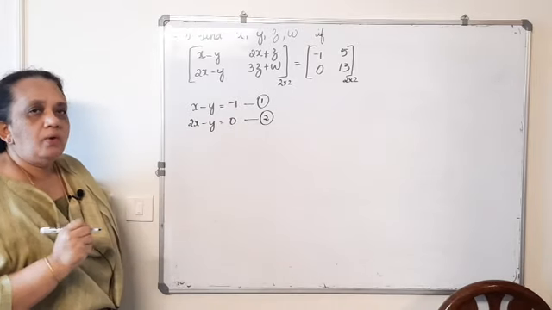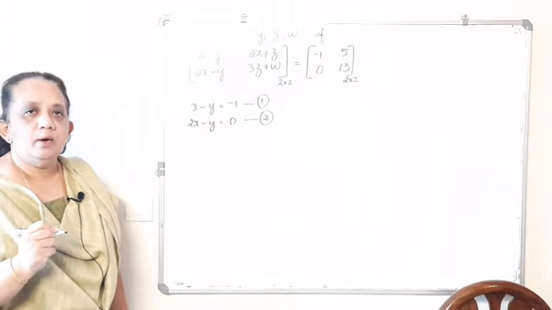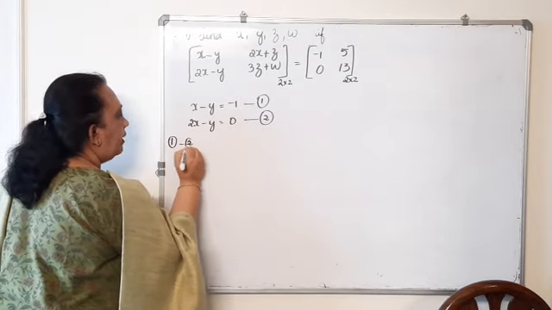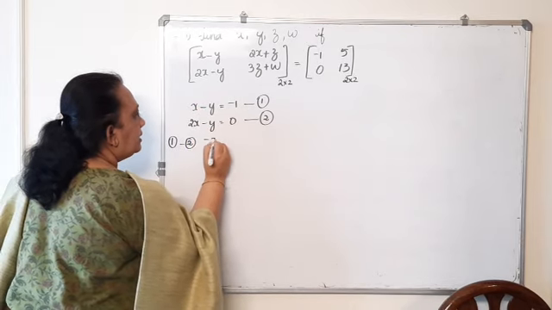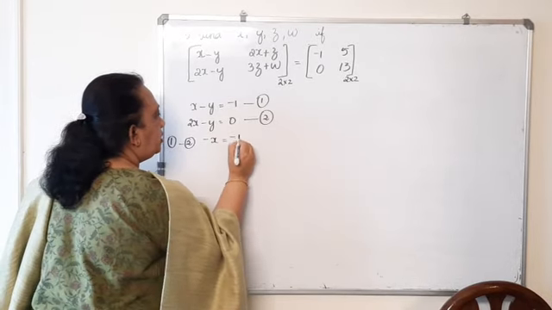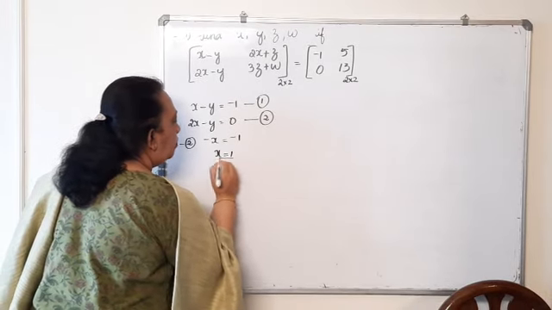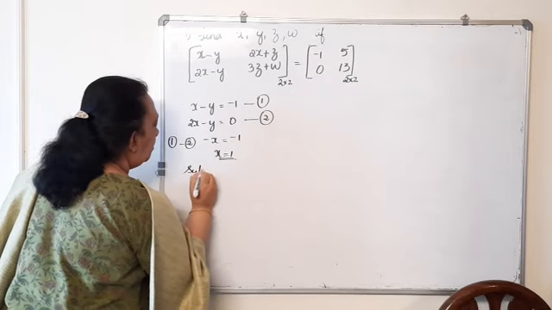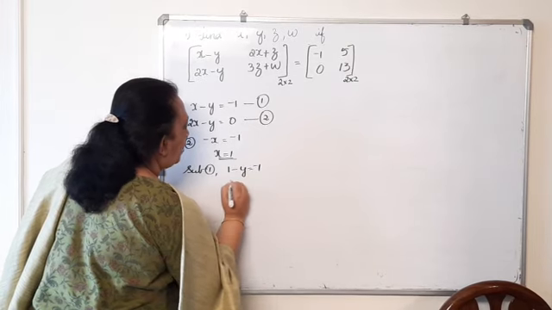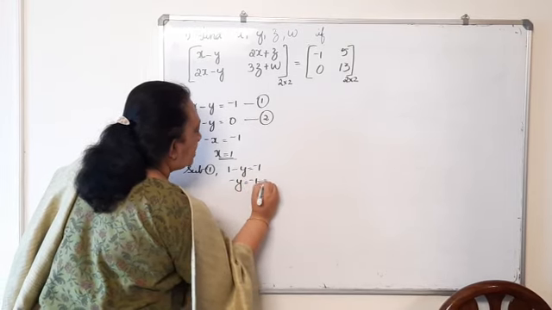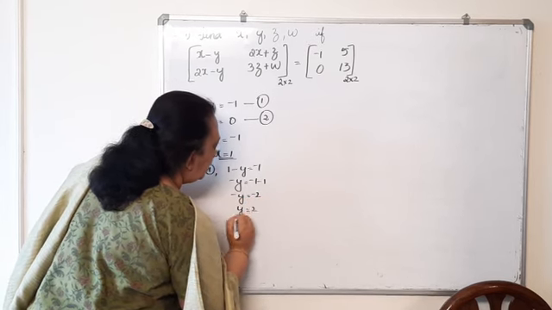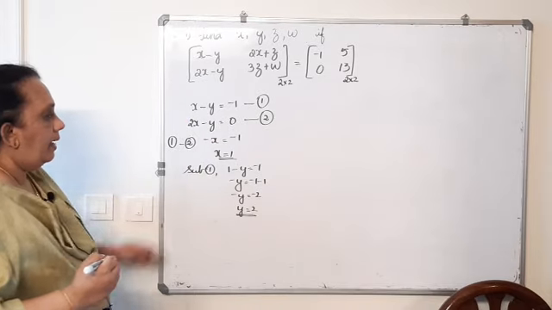Now, you have to solve for x and y. These are simple linear equations. How to solve this? First equation minus the second equation. x minus 2x is minus x is equal to minus 1, y minus y cancel. So, x is equal to 1. Substituting in the first equation, 1 minus y is equal to minus 1. Minus y is equal to minus 1 minus 1. Minus y is equal to minus 2. y is equal to 2. So, you got the variables x and y.